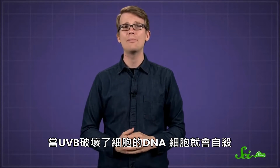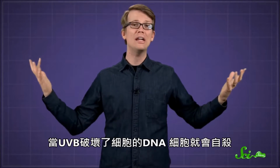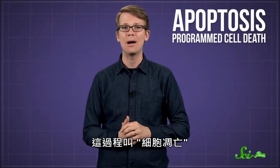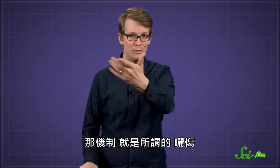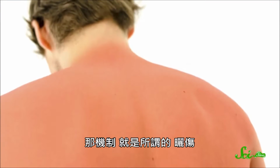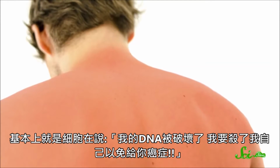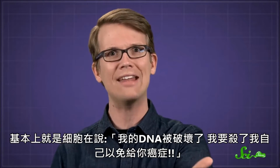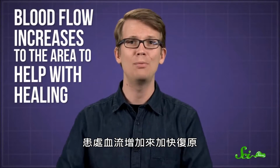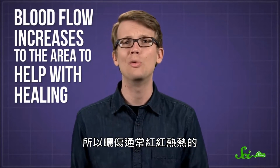When UVB rays damage a cell's DNA, it'll often destroy itself in a process called apoptosis. If too many cells do this, an immune response kicks in. That immune response is otherwise known as a sunburn. Basically, your skin cells are like, my DNA has been damaged, so I must murder myself before I give you cancer. Blood flow increases to the area to help with healing, which is why sunburns are usually red and warm,